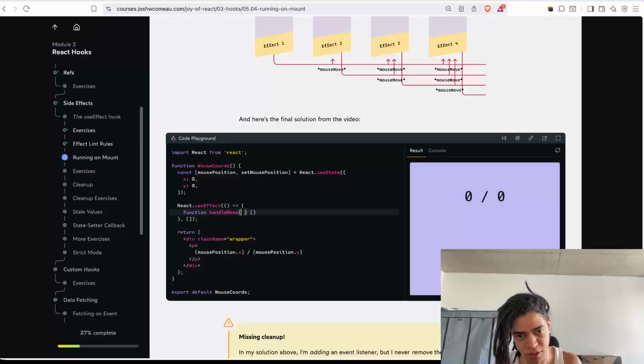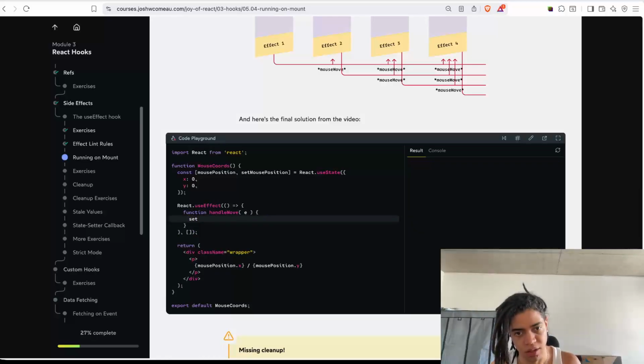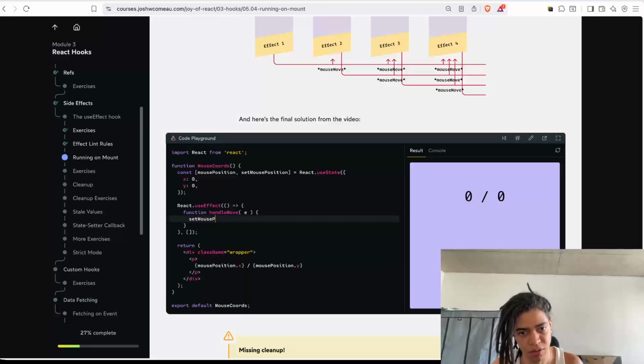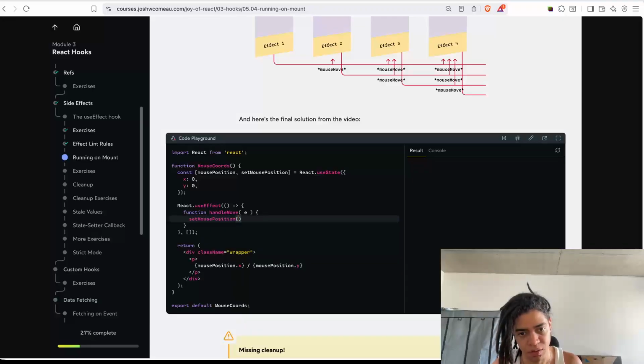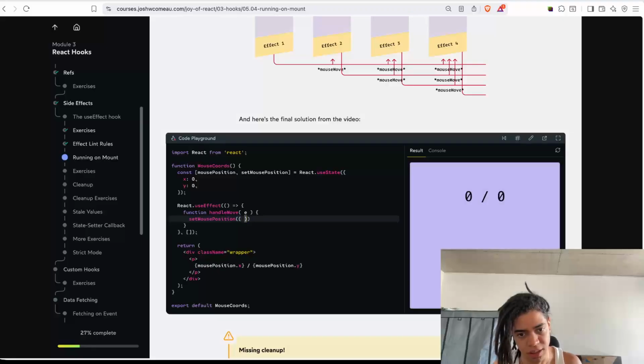Because I know that this will be attached to that event listener, what I can say is, hey, I want to later on set mouse position, and update those values with the proper data as it is,